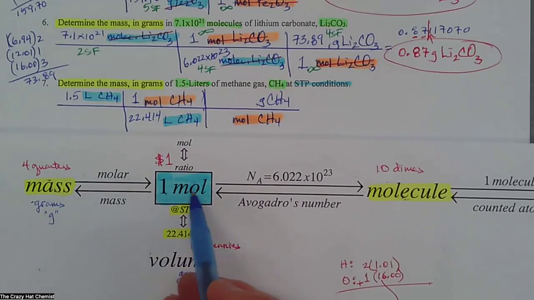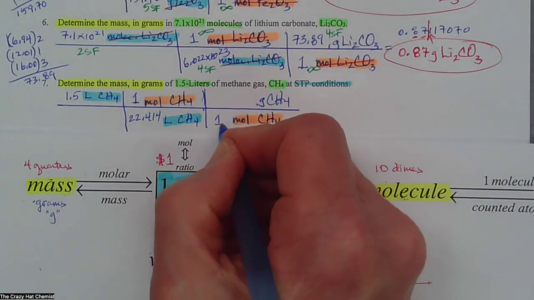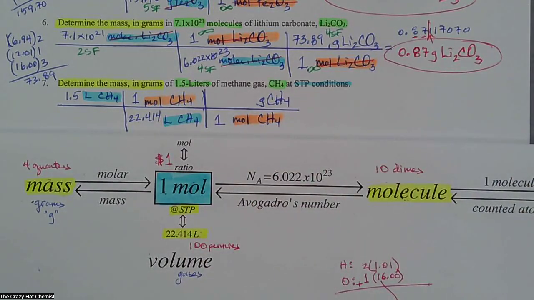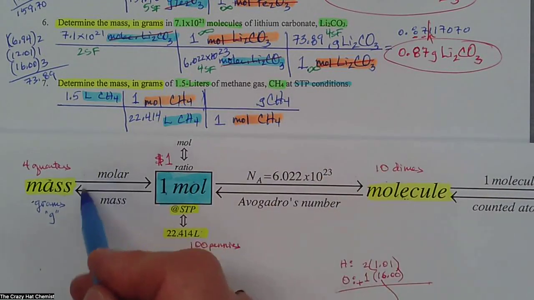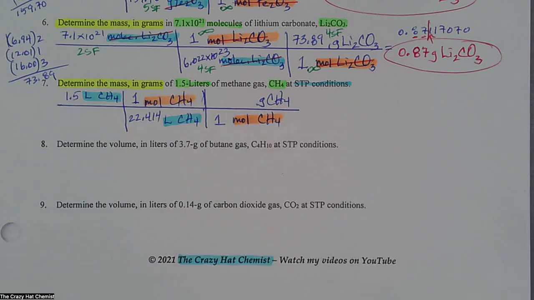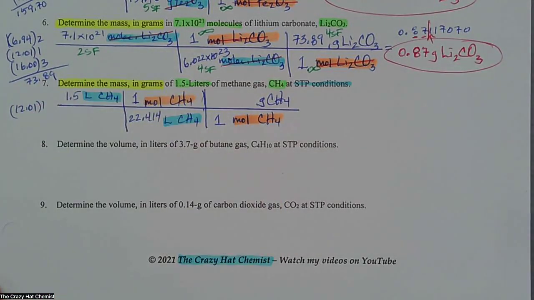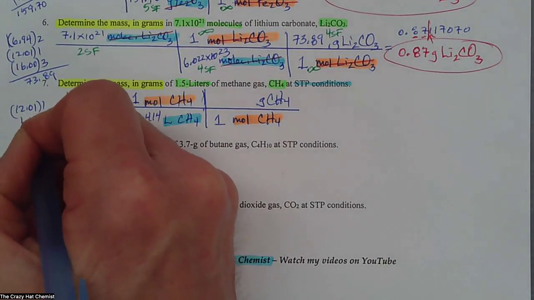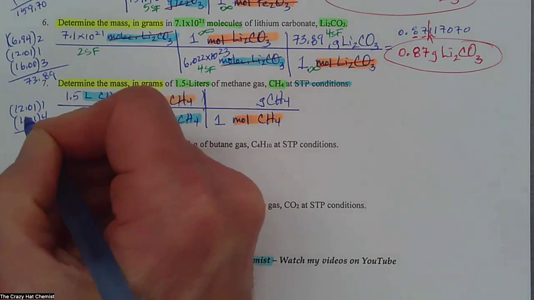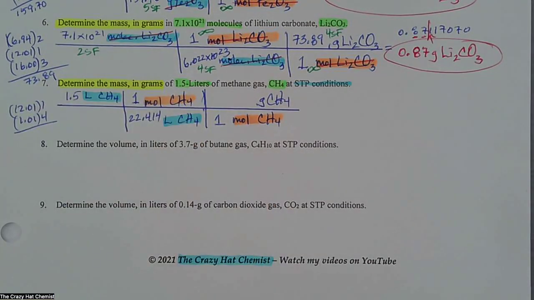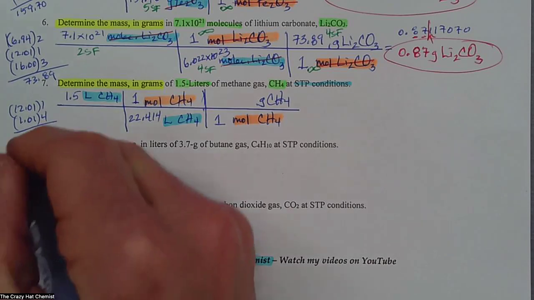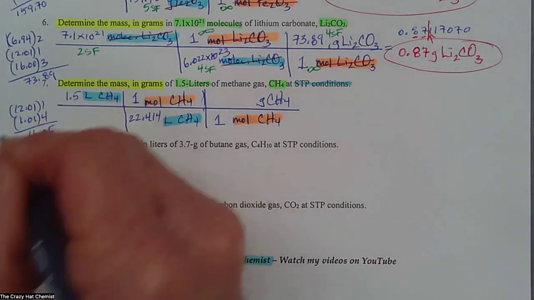What is the number in front of the mole? It's a 1. That singular, beautiful 1 that we always like. And what goes in the numerator in front of grams? That's the molar mass. So we need to calculate the molar mass for methane. Carbon is 12.01. There's one carbon in this formula of methane, and hydrogen is 1.01 times 4. There's two decimals in both of these, so that would be 12.01 times 1 and 1.01 times 4, and I'm going to add those up, and that's going to be 16.05. That's the molar mass,